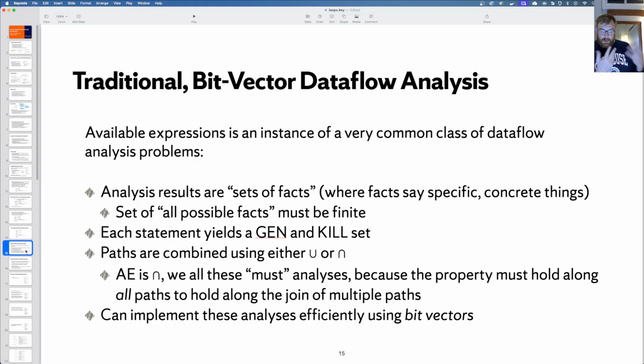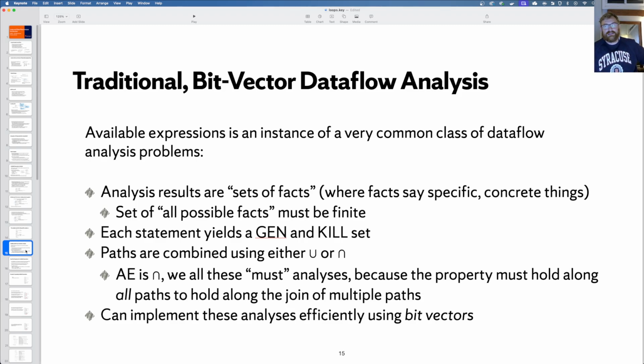So available expressions is an instance of a very common class of data flow analysis problems, the bit vector data flow analysis problems. The idea here is that analysis results are always sets of facts, where facts say very specific, concrete things about the program. Now, for this whole setup to work, the set of all possible facts has to be finite.